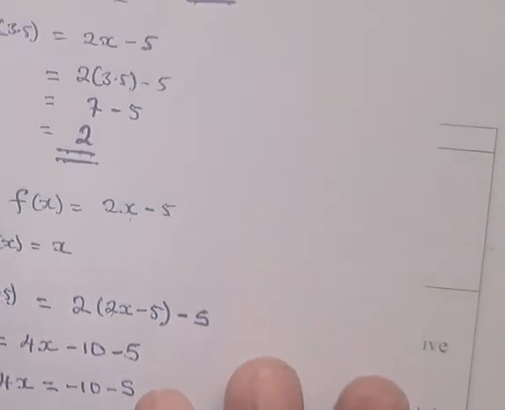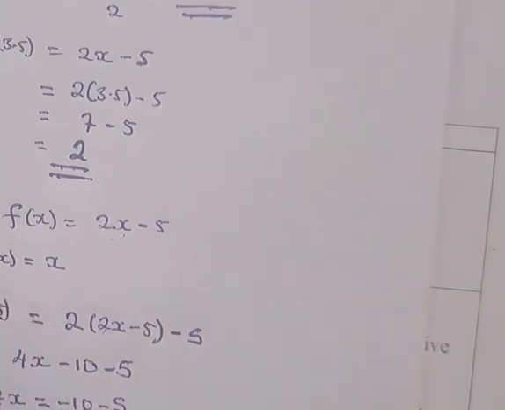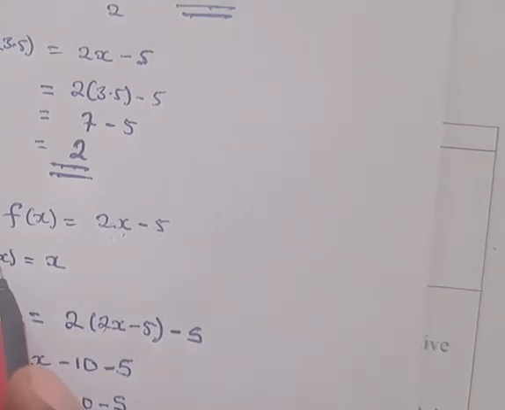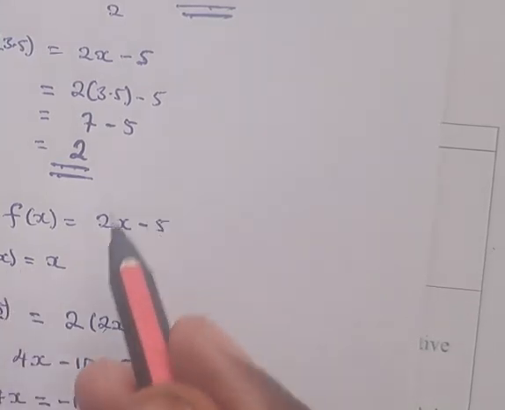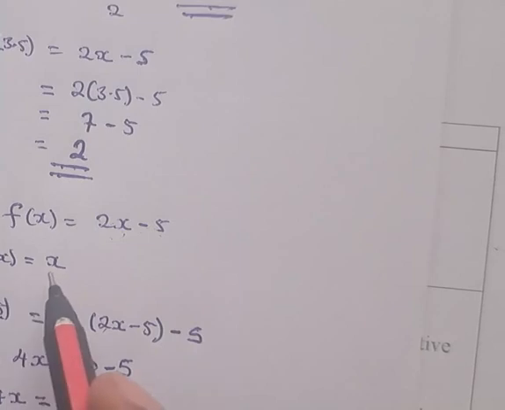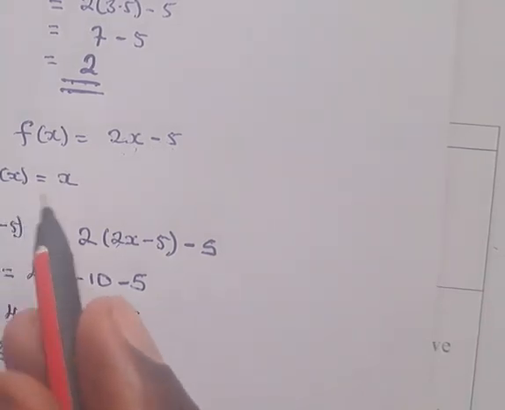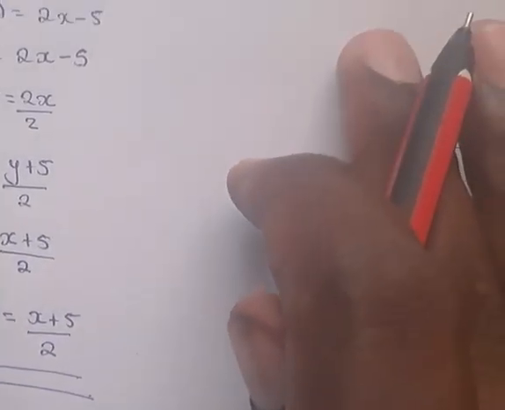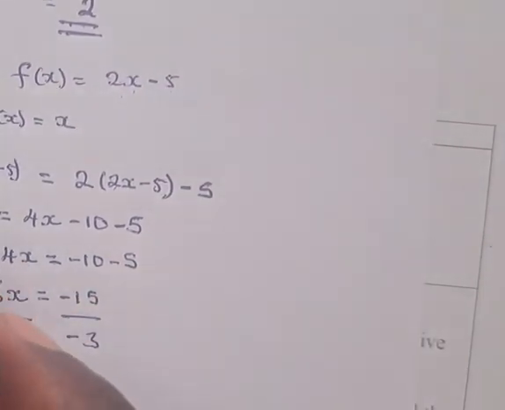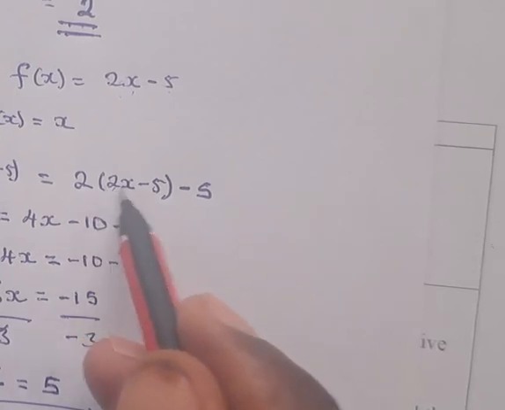Remember on this one, it was the same function being a composite of itself, and that's why we wrote it like this, and then we had to write it again like that. We found this one, of course, from the question because they said this side is equal to x, and that's why here we said, all right, just forget about writing the function of, because they're saying this part is equal to x there, this x here. So that's why we had to put x here,